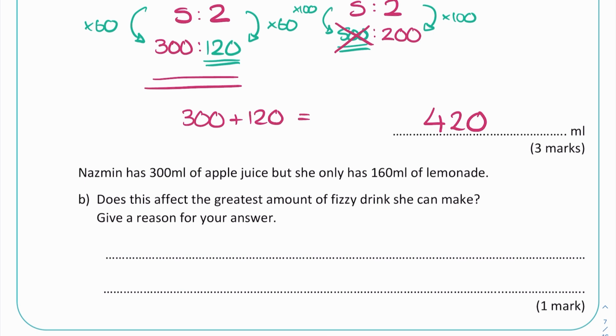So Nasmin has 300 ml of apple juice, but she only has 160 millilitres of lemonade. Does this affect the greatest amount of fizzy drinks that she can make? Give a reason for your answer. Well, that wouldn't have any effect, because 160 millilitres of lemonade is absolutely fine, because we only needed 120. So we would say no, we only needed